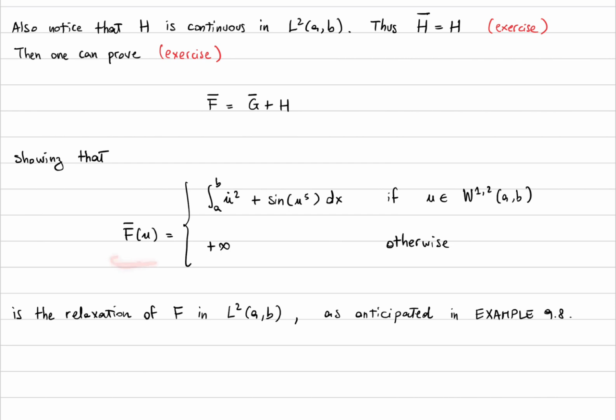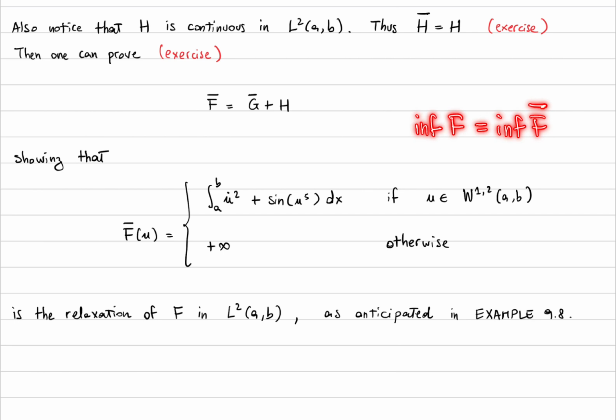F bar of u, defined by the integral from a to b of u dot squared plus the sine of u to the power of 5 in dx if u belongs to W12 and plus infinity otherwise, is just the relaxation of F in L2 of AB, as we anticipated in the example. And again, by the results we proved on relaxation, you also know that the infimum of F is equal to the infimum of F bar. So by doing this relaxation, we didn't change